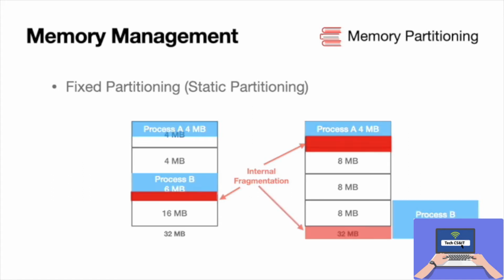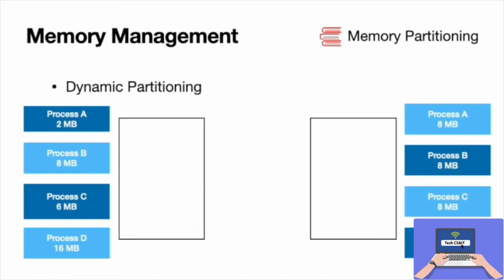Next, we have dynamic partitioning. In dynamic partitioning, the primary memory, or the main memory, is emptied. Here we have two identical memories which are emptied, and partitions are made during runtime according to the needs of the different processes. So the size of the partition will be equal to the incoming process. That means the number of partitions will not be fixed and will depend on the number of incoming processes. It will also depend on the size of the memory, of course. The partition size varies according to the need of the process.